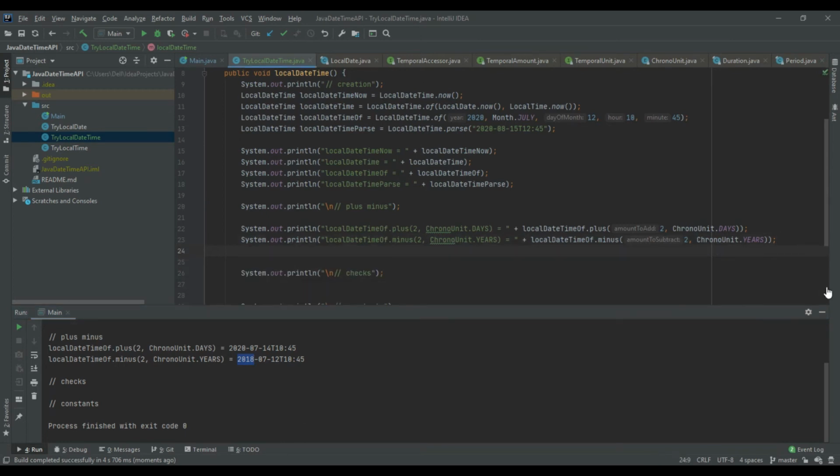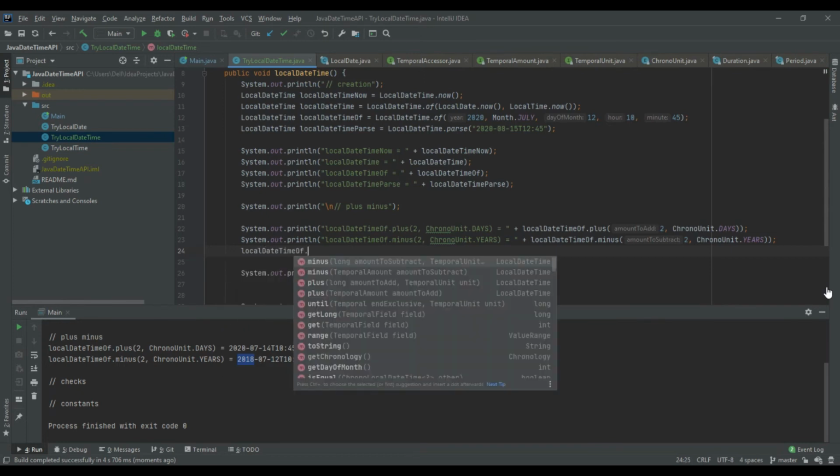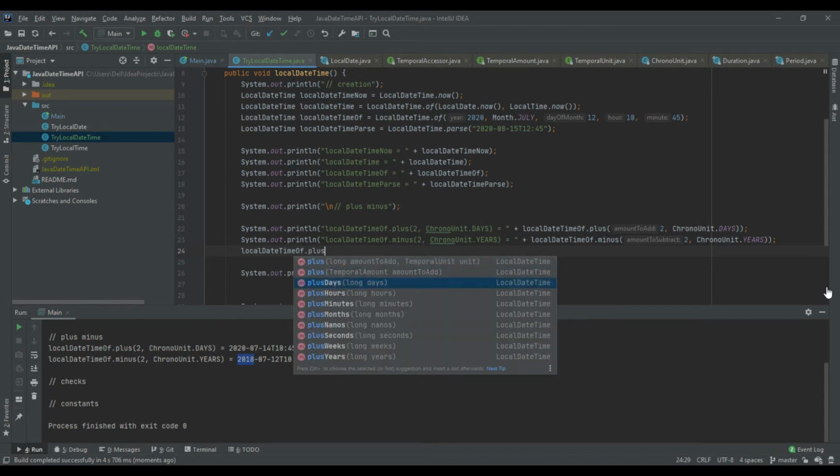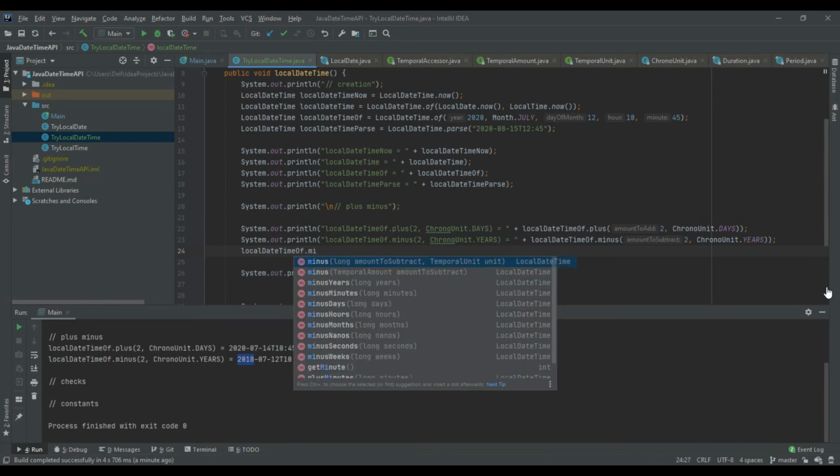Likewise, we have local date time off. We have straightforward methods like plus: days, hours, minutes, months, nanoseconds, weeks and years. And also we got minus: years, minutes, days, hours, months, nanos, seconds and weeks.